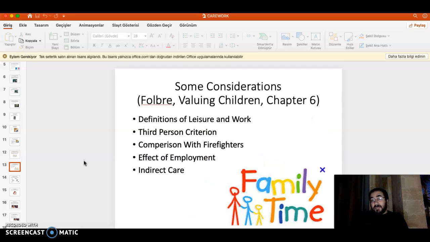I have already talked about the employment effect. Employment usually means leisure time is decreased, although childcare time might also decrease if the employment takes a long time. But the first thing mothers usually do is take time out of their leisure. Here Nancy Folbre has an interesting definition of leisure and work. Here the question has become whether the time mothers spend with their children should be counted as leisure or work.